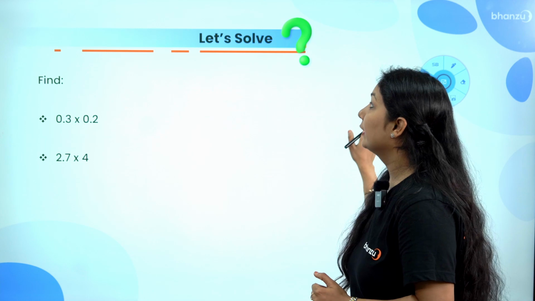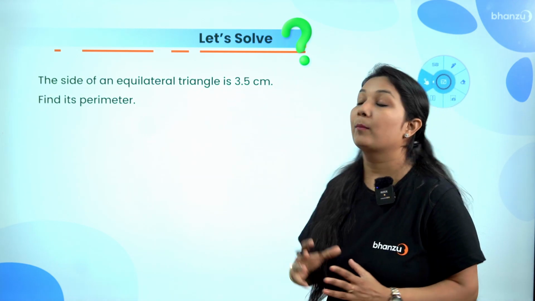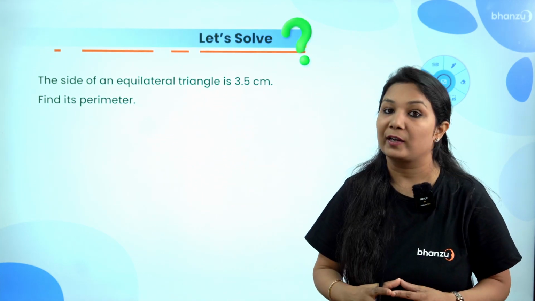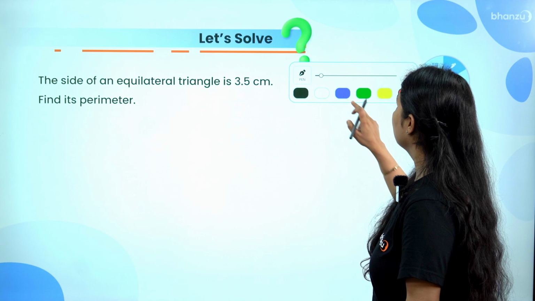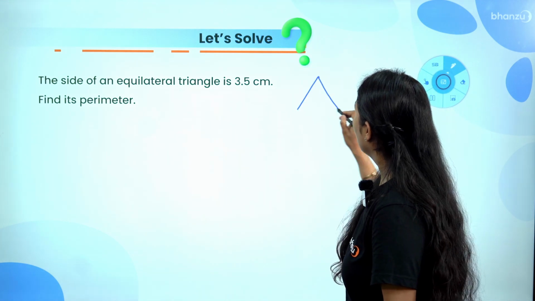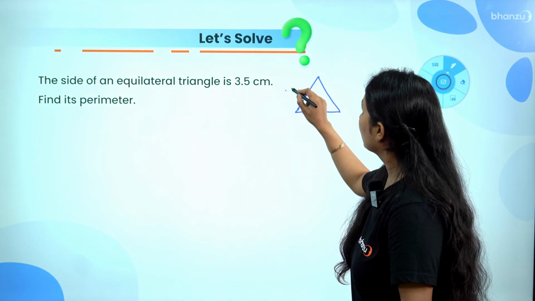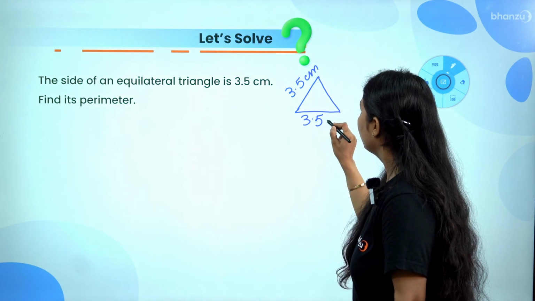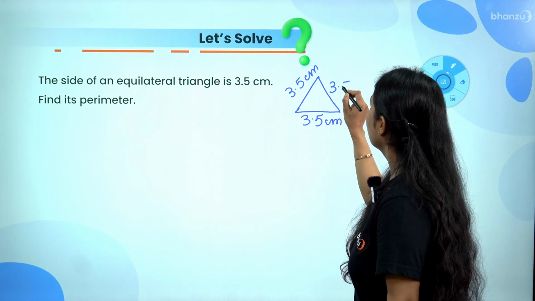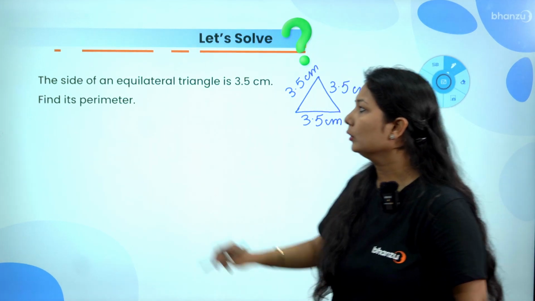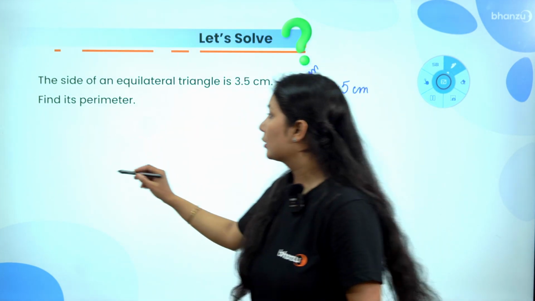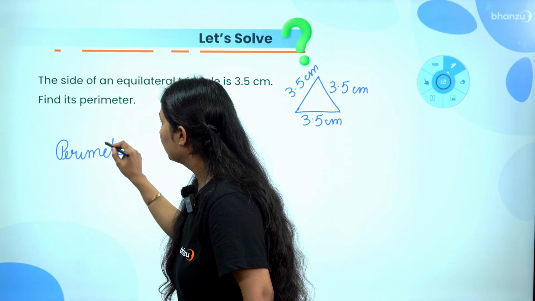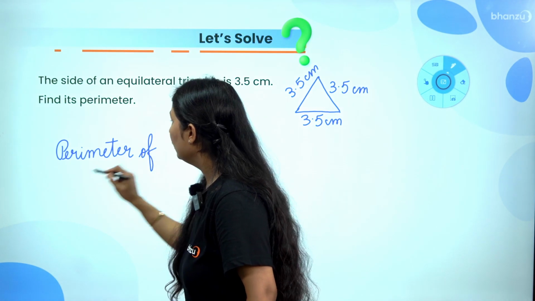Now let's move to an interesting concept with the help of a word problem. The side of an equilateral triangle is 3.5 centimeter, right? I hope everybody is clear what is an equilateral triangle, which has all sides same, right? So this is also 3.5 centimeter. This is 3.5 centimeter and this is 3.5 centimeter. What are they asking us to do? They are asking us to find the perimeter, right? So let's write what is perimeter of an equilateral triangle. It's 3 into side,